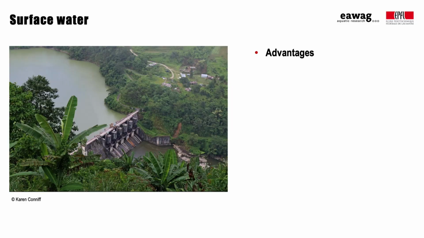Surface water comprises any water sources that are present on Earth's surface and includes rivers, streams, ponds, lakes, and reservoirs. Surface waters can provide year-round sources that are mostly easily accessible. They can have multi-purpose use, with water being used for irrigation, drinking water for humans and animals, bathing, washing of clothes, small industries, and ecosystem services.